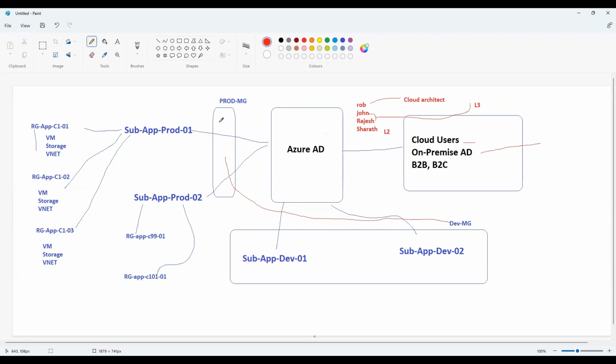When I add him, his role is going to inherit to all the subscriptions in these management groups and its resource groups and its resources as well. So if I just add him to a management group, the permissions are inherited to the subscriptions and its resource groups and its resources. Okay, and if I look at John and Rajesh, so let's say John is